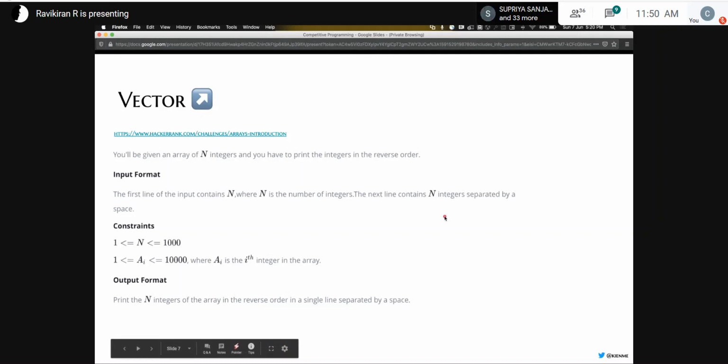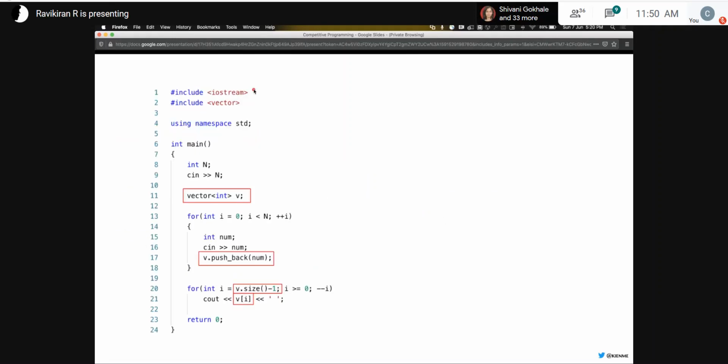So there are easier ways to do this, but let me show you the one that demonstrates the use of a vector. This is the program. And in line number 11, you can see the format for declaring a vector. The way you do that is you say the keyword vector, and in angular brackets, you specify what data type you use: integer, character, or float. In our case, it's an integer. So we specify int here, and this is the name of your variable itself.